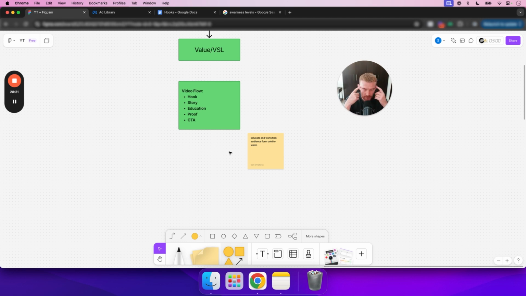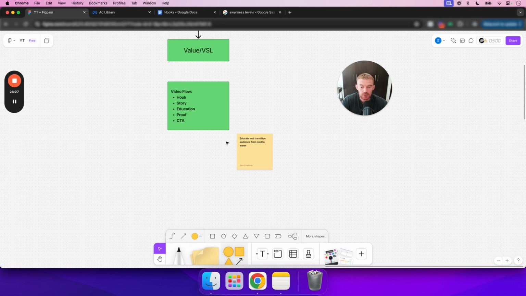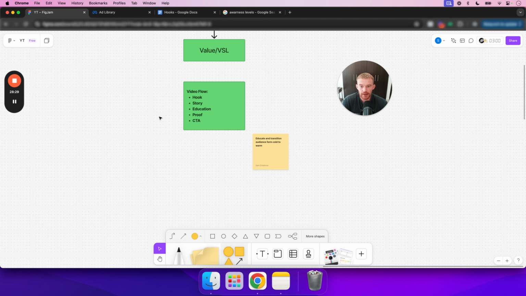And then once you give them that aha moment and that breakthrough, they're going to look to you for the solution, right? Once you do that, then you give them the proof and say, hey, this is the reason why you're experiencing all this pain, or this is the reason why my way of doing scripting, for example, is better than everyone else. Now you've explained it to them, you still need to overcome their skepticism,